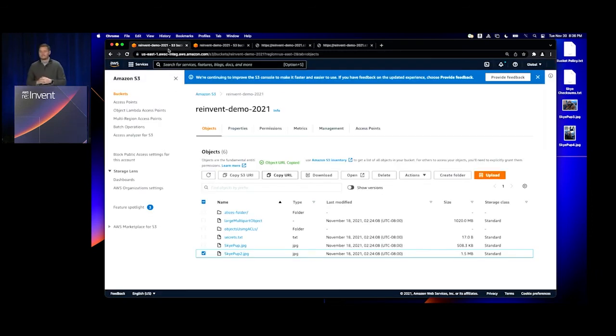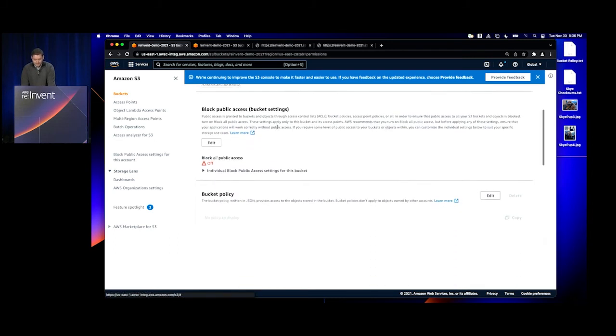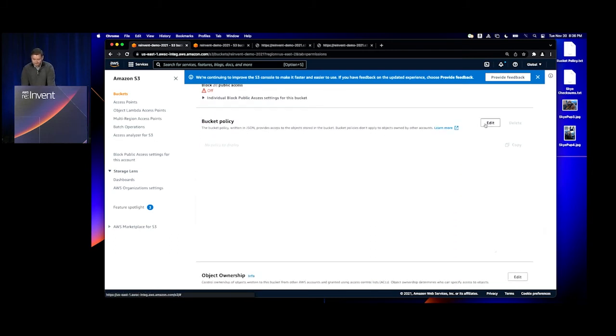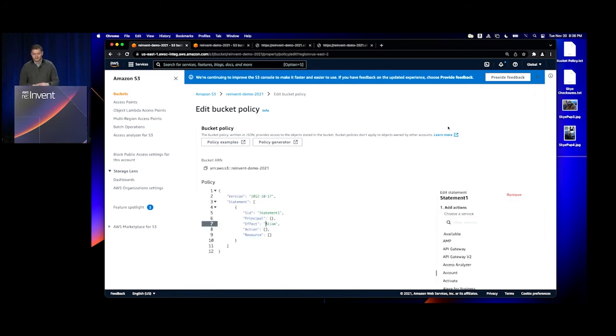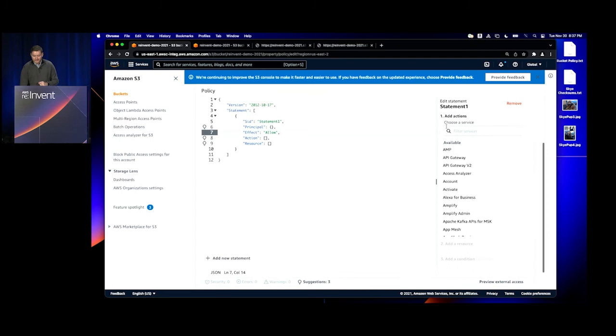So what I'm going to do next is write a bucket policy to make this object public again using the new policy editor that was launched today. If I look at the permissions on my bucket and click on Edit on the bucket policy, I can see the new policy editor, and I can notice a few things off the bat. It's giving me a few suggestions here. It's telling me that I've got an empty object principal, empty array actions, and an empty array resource, which is expected.